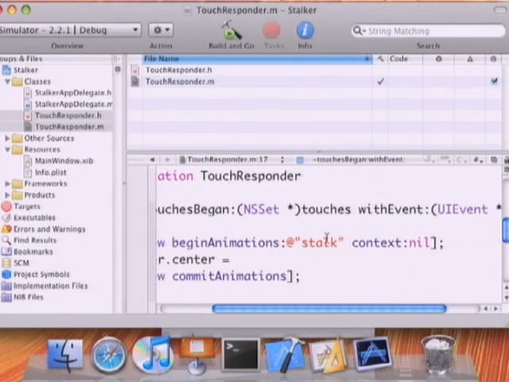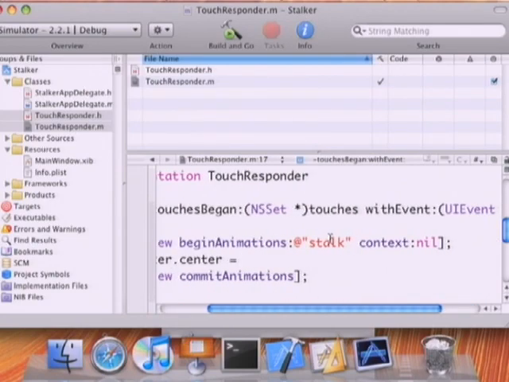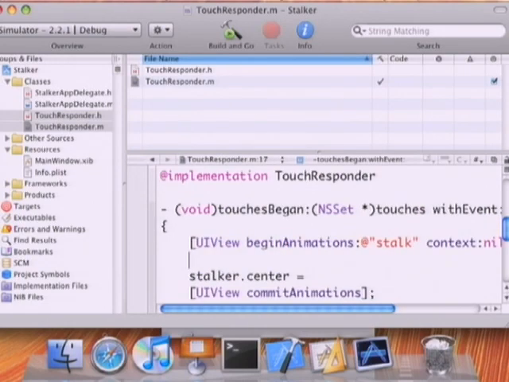UI. I could probably get it off the event. You got the right touches, so the set of touches right there. Okay, so I have a set of touches here. Basically, when this gets called, it has a set of all of the touches, all of the fingers that are down. It's a set, so I'm going to take any object from that. We'll assume it's only one. So let's do that here.